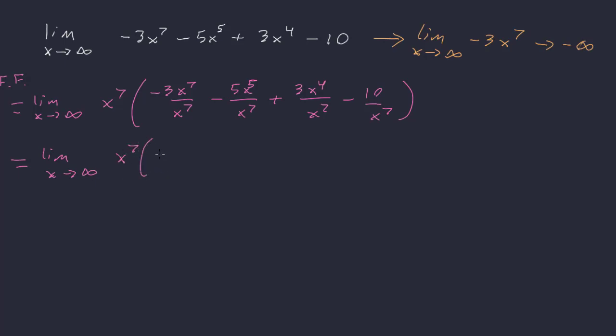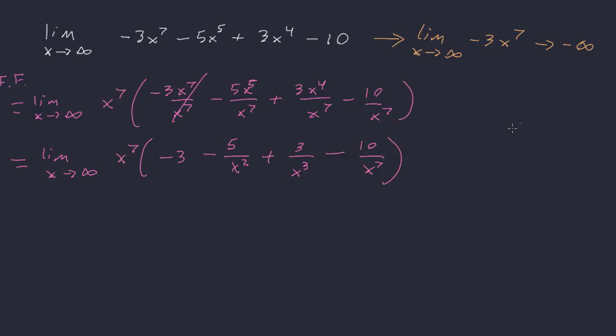However, these x to the 7ths just cancel, so I get -3 minus, and these cancel, but they leave some x's in the denominator. So this will be -5 over, you should only have x squared left over. Here, x to the 4th over x to the 7th, that should be 3 over x cubed. And this, well, that just stays as 10 over x to the 7th. Now, here's the thing,